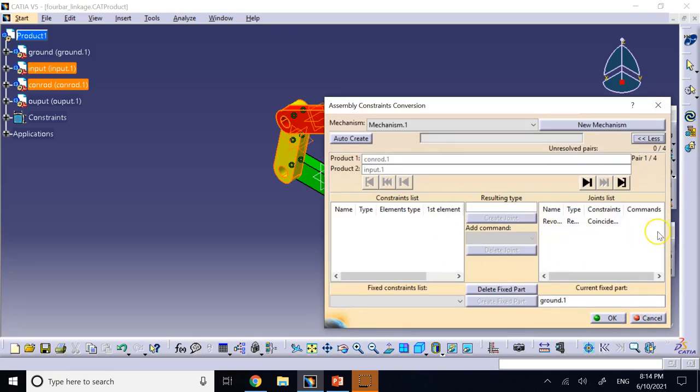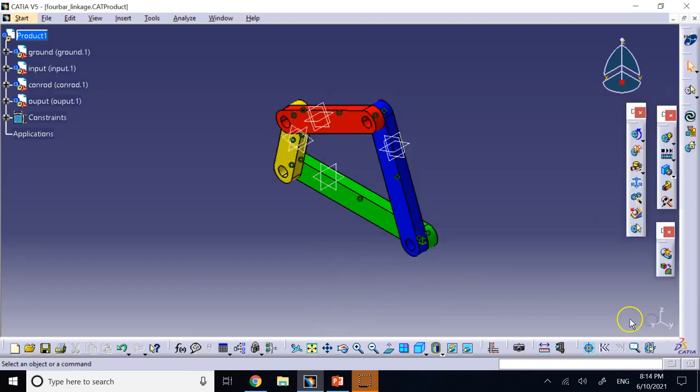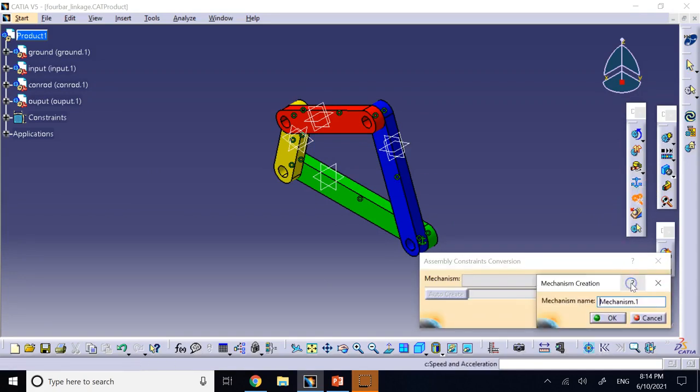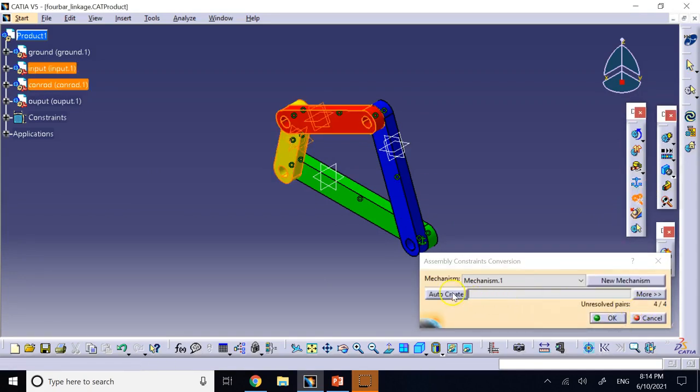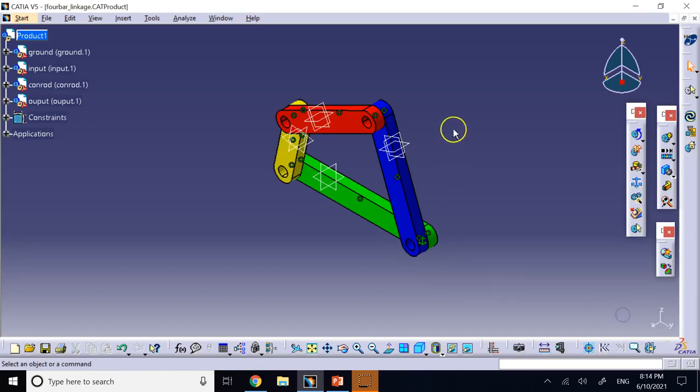Okay, and it has more controls over it, but as you can see here, you can clearly create the joints that you want, and we can go and check them. So I guess I should have said okay, not cancel. So I've created them, and now if you go here down to the Applications tab, go to Mechanisms,